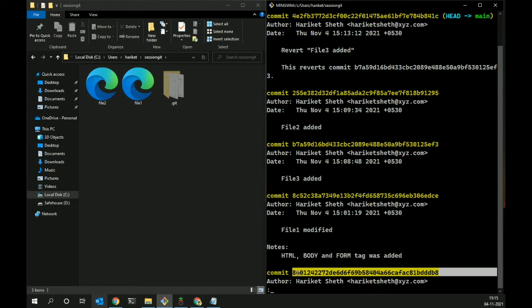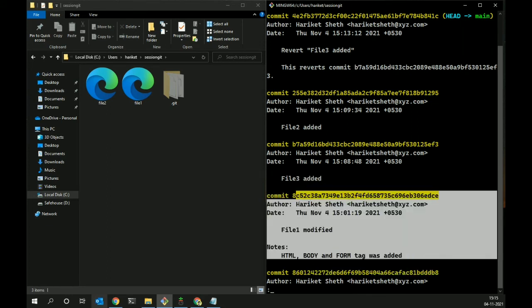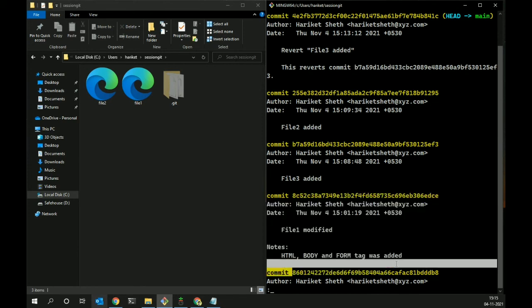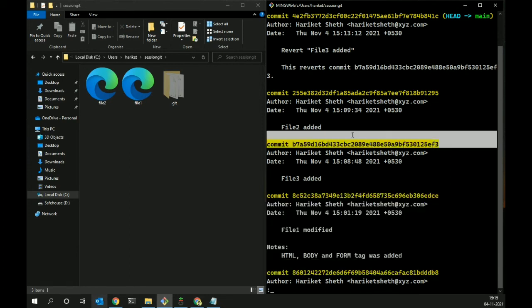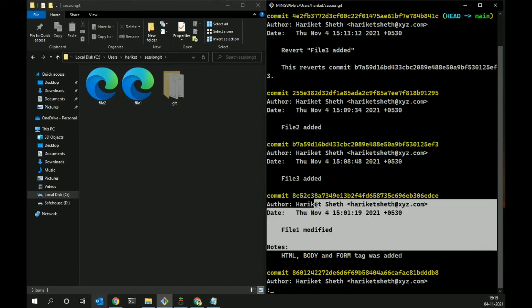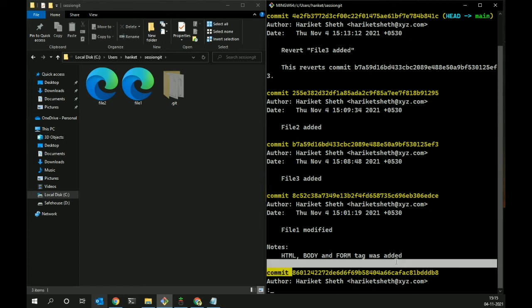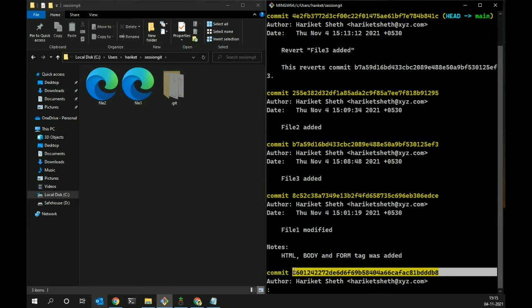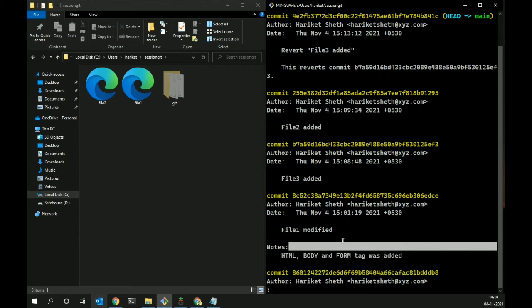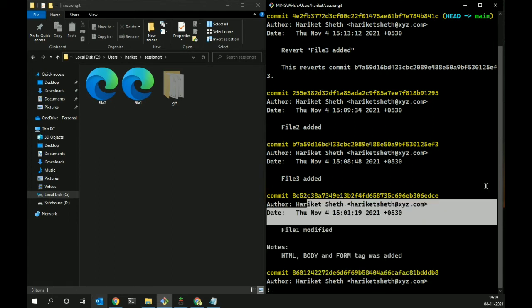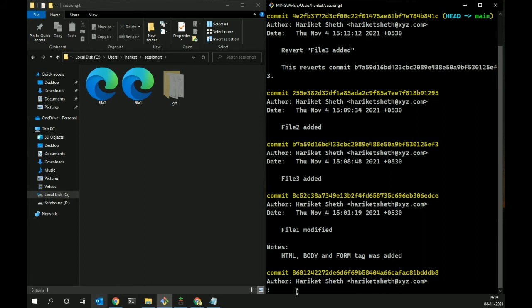You can't remove it from between. Say this is commit 1, and this would be commit 2. It can't be like that. It is built on commit 1, so that's why it's connected to commit 1. So you can restore to a version, you can bring your working directory to a version like this on this commit, and then you can commit again on this. You can't directly remove it from between. Just understand that thing, that would be enough.